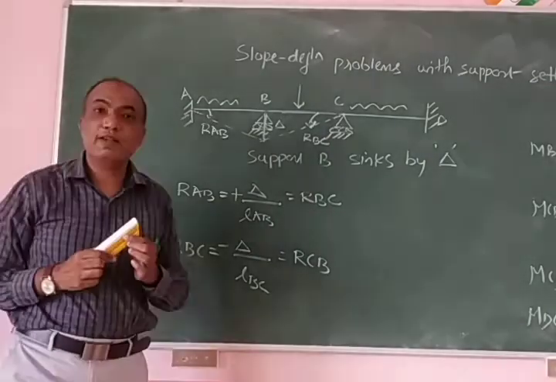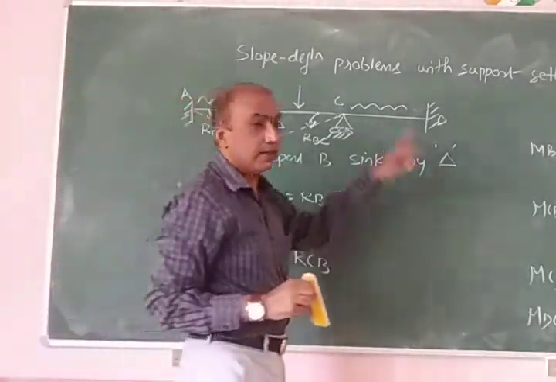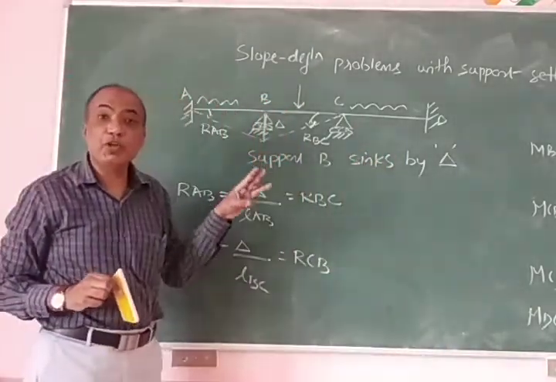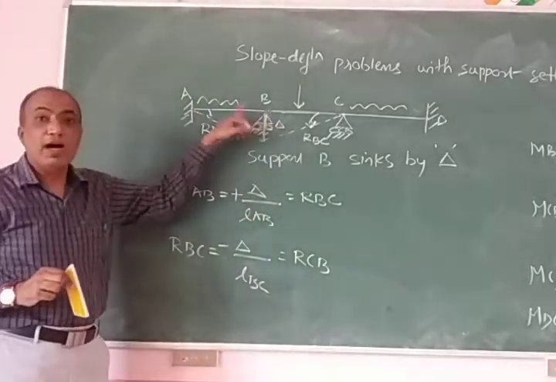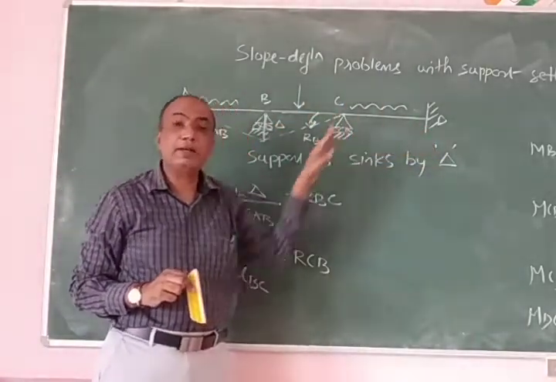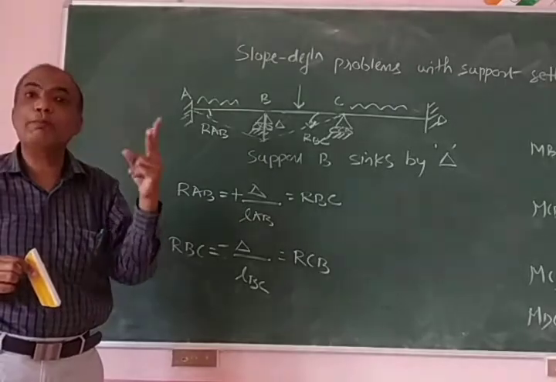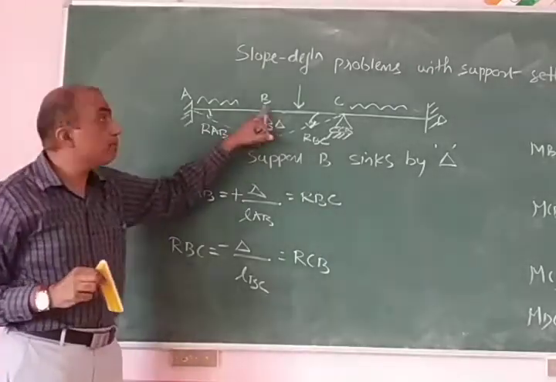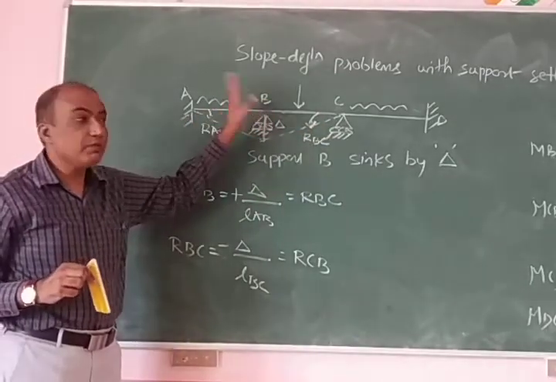The slope deflection equations get modified by an additional term, that is 3R. How are you going to apply 3R? R of AB you are going to find out, R of BC you are going to find out, and CD is not affected. That means only if one support settles, two members are affected. If B settles, member AB and member BC are affected. So R of AB and R of BC you have to substitute.